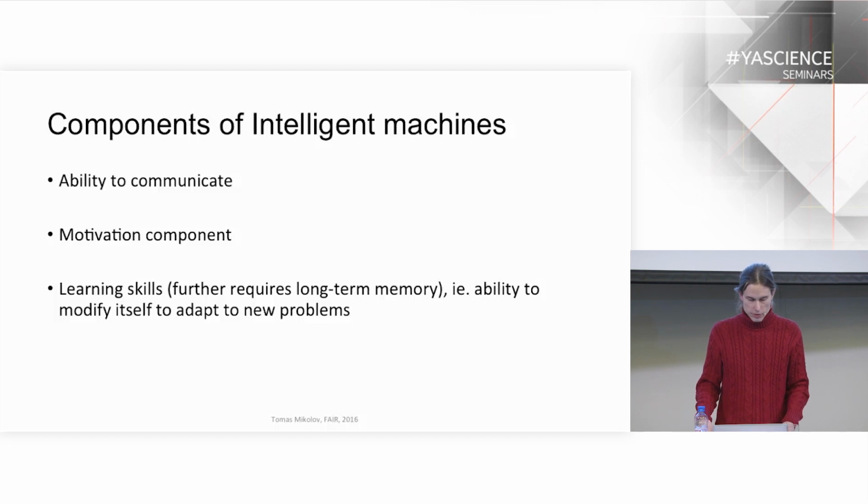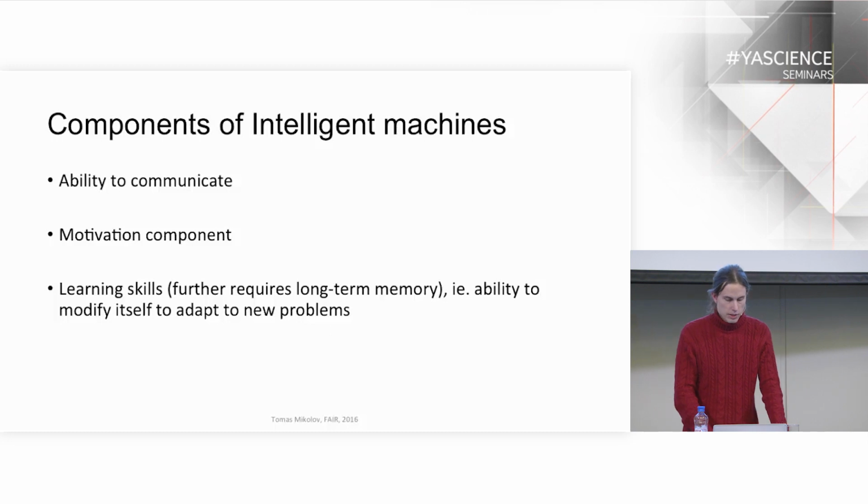If we have an intelligent machine that cannot communicate with us, then basically we can't really ask it to do anything, and it can't produce anything meaningful to us. We can maybe observe its behavior, but that doesn't seem very useful. So really the ability to communicate seems to be necessary for our plan. Then the motivation component is necessary because we don't just want to communicate with the machine, we actually want it to be able to do something useful for us. So it should be possible to share our goals with the machine so that it can accomplish tasks for us.